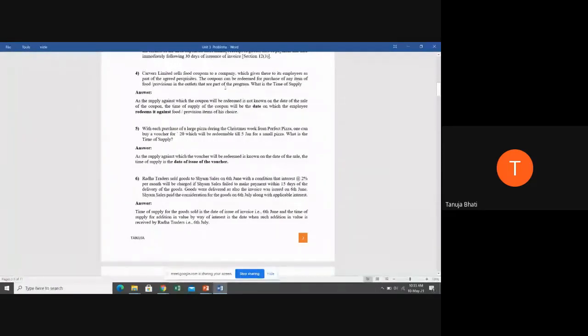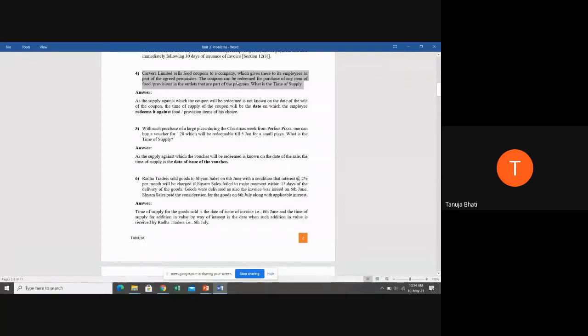Now, students, the first thing I told you all to identify is whether it is a time of supply for goods or services. Now, it is food involved, correct? So, it is for goods. Second thing, whether it is falling under forward charge, reverse charge, vouchers exchangeable for goods, or addition in value. So under which section is it falling? It is falling under section 12 subsection 4, because it is vouchers. Coupons are nothing but vouchers. So, vouchers exchangeable for goods.